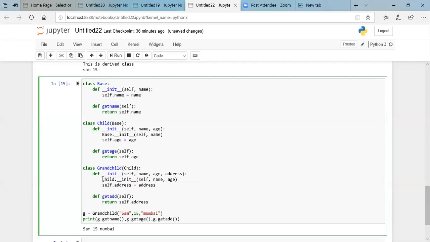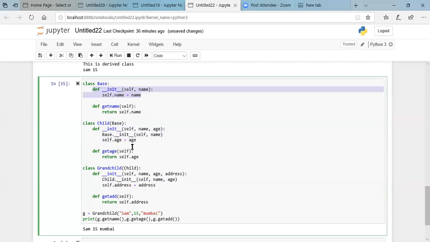So when it executes this statement, child.__init__, it is calling the constructor of its parent class, which is child. For this, this definition will get executed, in which the first statement again invokes the constructor of its parent class, which is nothing but the base. So this statement will get executed, in which whatever name we passed, Sam, would be assigned for this object.